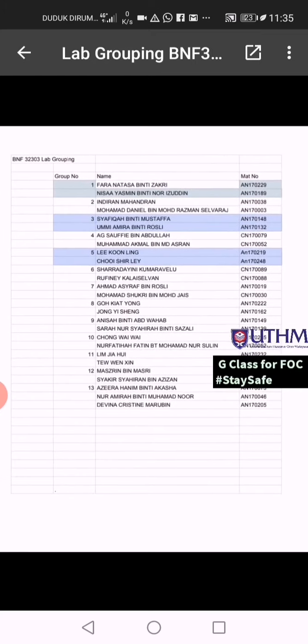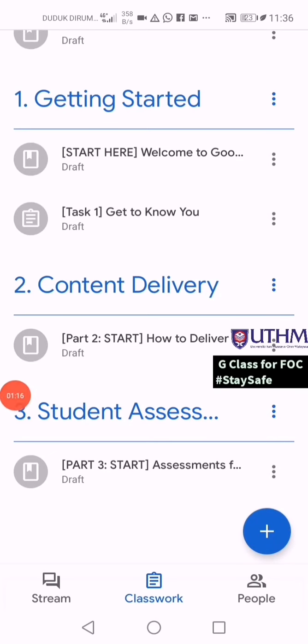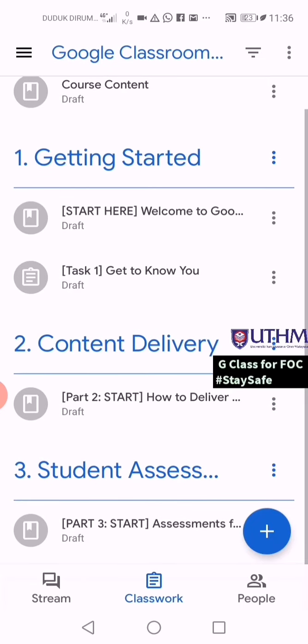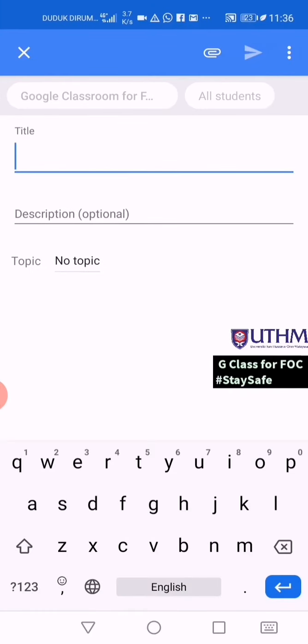Okay, now I would like to show you how we can do that. We can start by pressing the plus button here, and then you can just select material, because we don't need students to submit anything. Just open the link, so we can select material and just put here, for example,